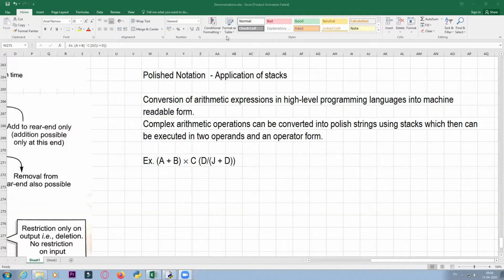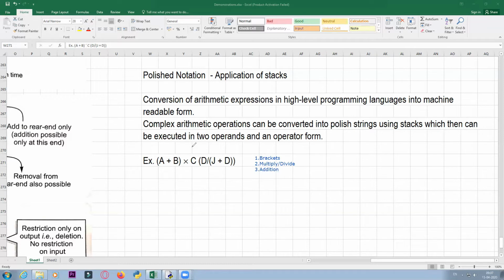You will first be solving the brackets, second you will be solving multiplication and division, third you will be solving the addition. This is going to be your priority or operator precedence. But in this case also, you can see that there is more than one bracket, and there are operators which are at the same level of precedence.